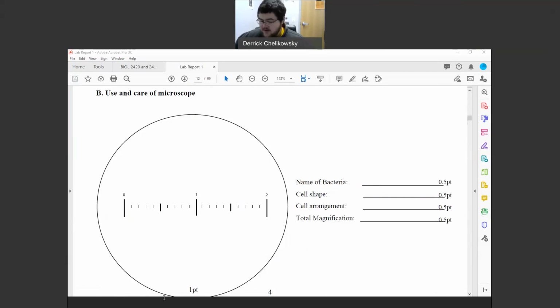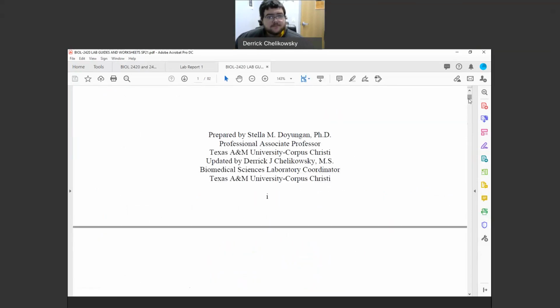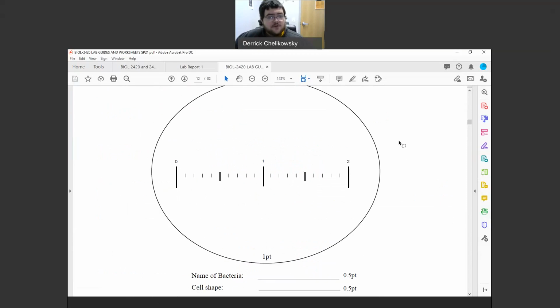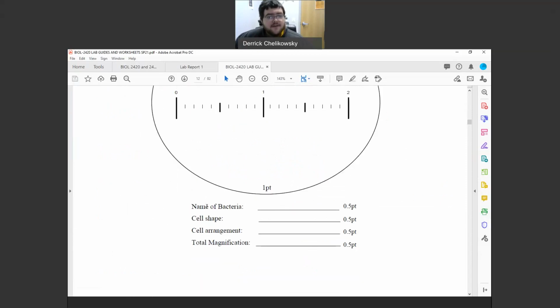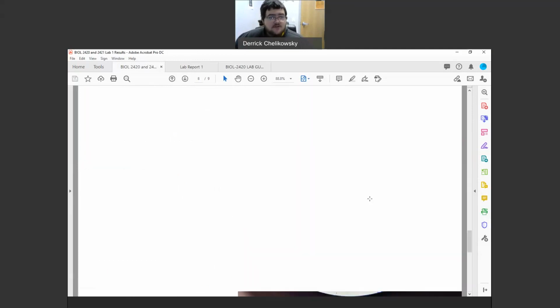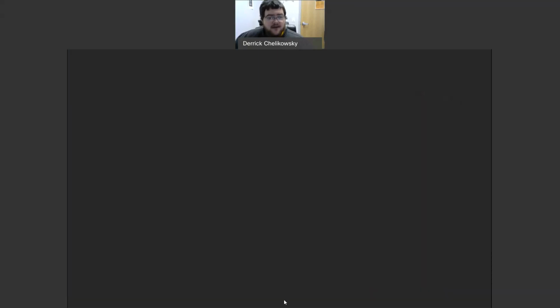For 2420, as I pull up your worksheet here, yours is going to be something very similar. Once again, here's your area that you're drawing. We want the name of the bacteria, cell size, arrangement, and magnification. I don't care which one you draw. It doesn't matter to me if you draw the Bacillus or you draw the Kocuria. It doesn't matter. What matters to us when we're looking at these is what